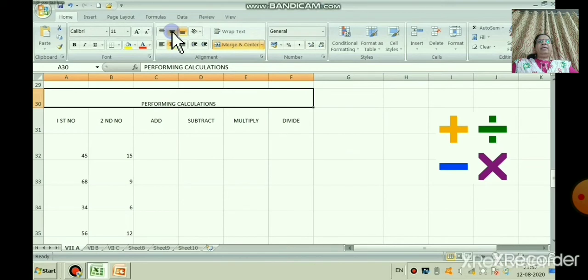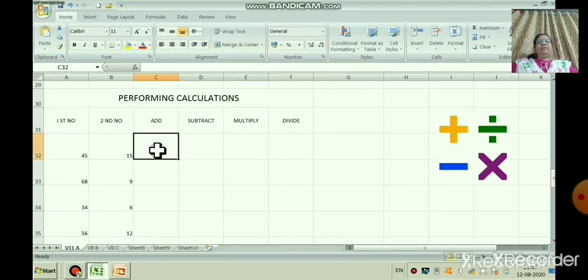And in the alignment, you can see the alignment options. Can you see here now? You can increase the size of the text with the help of tabs and groups. Now, see here, now we will learn how to add first. The simple adding method we will learn.